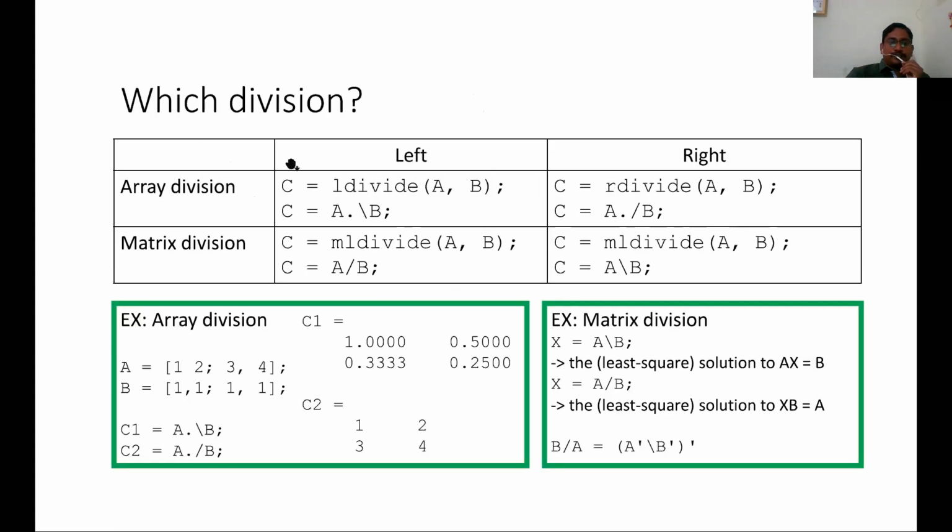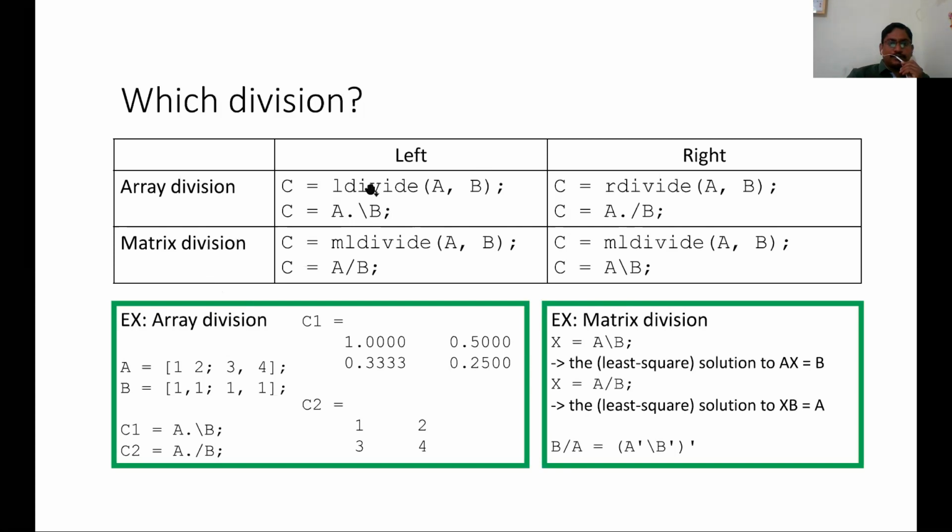Now, divisions. There are two types of division: left division and right division, for arrays or for matrices. These are two types of command one can use if, notationally, he doesn't know when it will be left or when it will be right. Dot slash is the left division; forward slash and backward slash are the right division. Or it is better to apply this: L stands for left divide. Left divide A by B means this. So these two are the same commands.